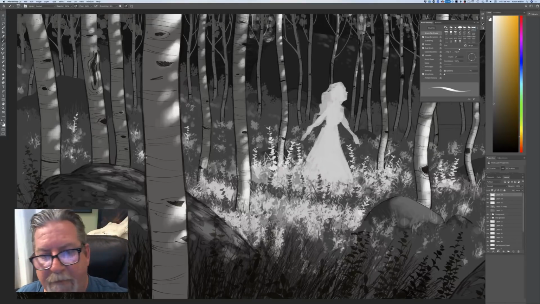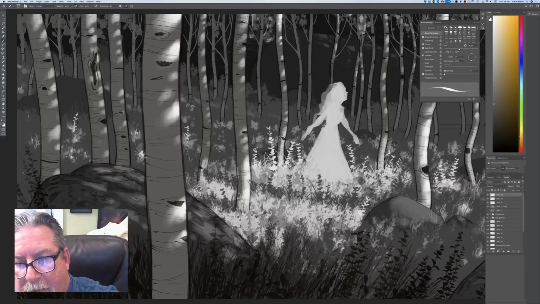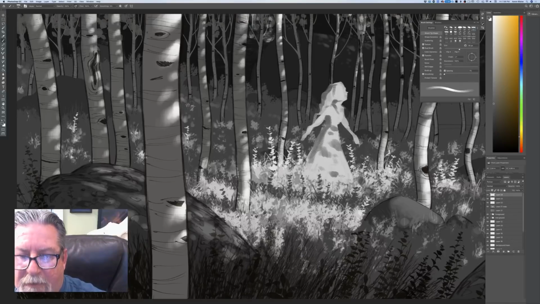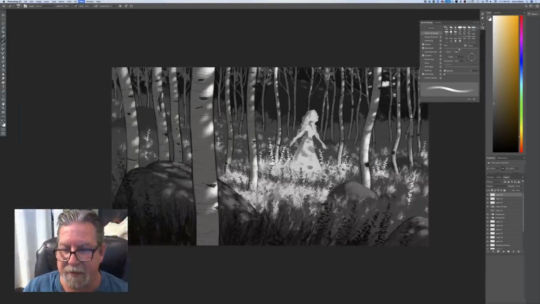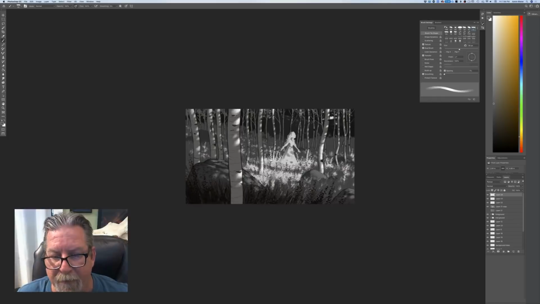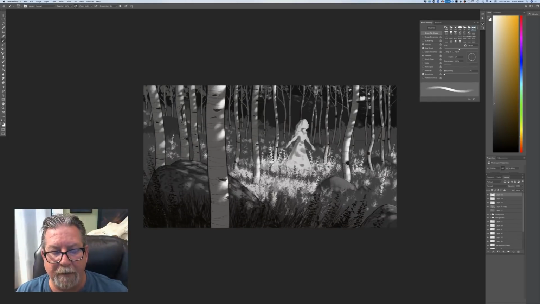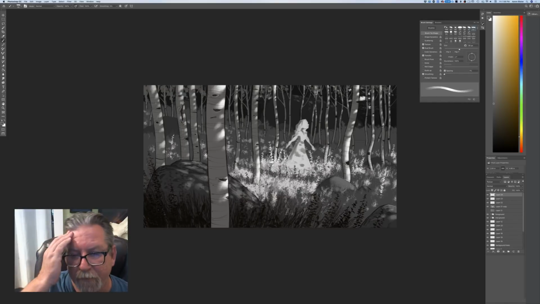And then if I add a little bit of shadow to her, maybe she's got some dappled light on her. She's still, like so. This is how she would read. So you have that dark background, and your character will read. That's the whole idea. You want your characters to read, and so there's a lot of planning that goes into these backgrounds